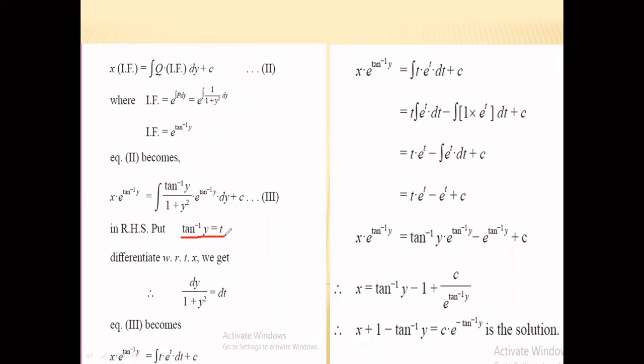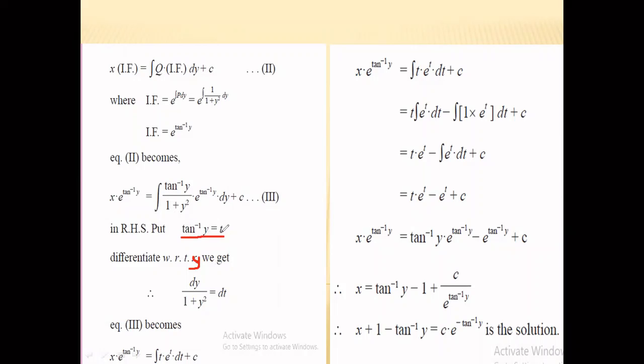Now tan inverse y is equal to t means you have to find the value of dy. So you simply differentiate this function with respect to y, not x. Here it is y. So tan inverse y means it is 1 upon 1 plus y square, and the derivative of t with respect to y is dt by dy. So when we simplify the term, we get dy upon 1 plus y square is equal to dt. मतलब आपने जो जो सब्स्टिट्यूशन लिया वो इक्वेशन नंबर 3 में पुट करेंगे हम. So we get the equation number 3 becomes x e raised to power tan inverse y is equal to, लेफ्ट हैंड साइड में नहीं पुट करना है हमको, it is simply in the right hand side, क्योंकि यहाँ पे हमने assumption लिया वो राइट हैंड साइड के लिए.